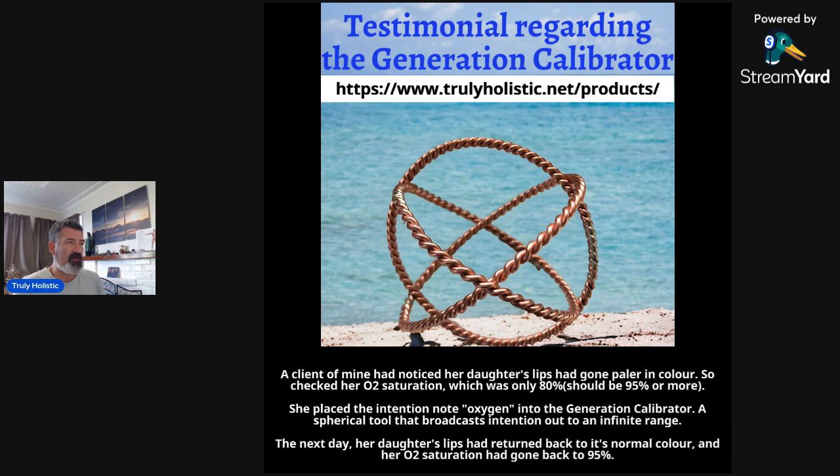they have a daughter that requires quite a lot of care, and she noticed that her daughter's lips had gone paler in color, right? So she checked the O2 saturation, and it was only 80%, right? As I say, it should be 95, 96% or more. Now, what she did, during the middle of the night, she placed the intention note of oxygen, right, which is an element which is important in regards to a respiratory system being able to breathe,